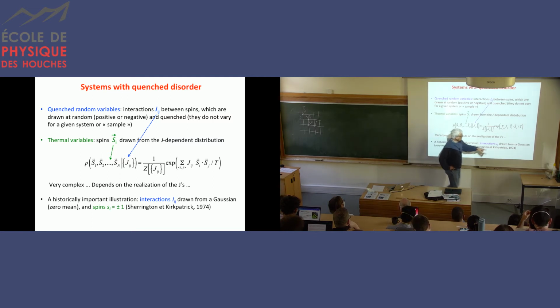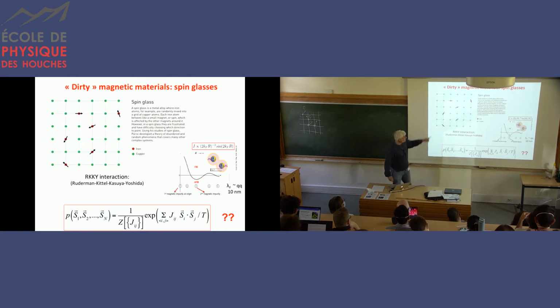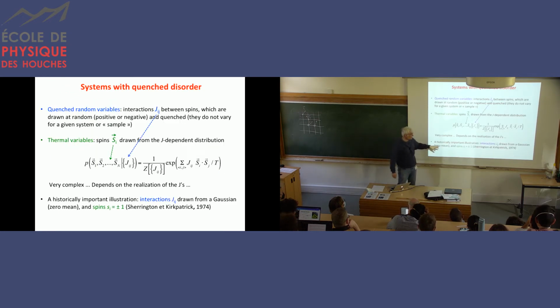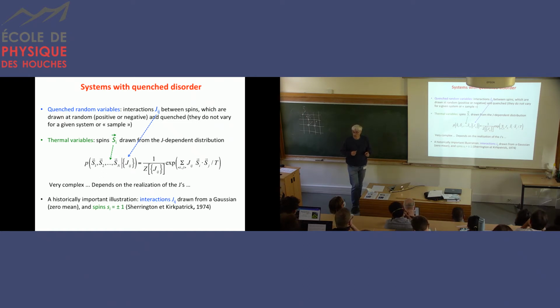And you also simplify the distribution of the J_ij. In principle, in a reasonable material, the positions of the spins are random. But since the interaction depends on the distance, the different interactions J_ij, which depend on relative distances, will be random but not independent from each other. You will have correlation. So in the Sherrington-Kirkpatrick model, this is completely forgotten, and you just assume, for instance, that the J_ij are drawn independently from each other from a Gaussian distribution with a fixed variance and zero mean. It's a model which was historically very important because it led to many discoveries and very important physics.